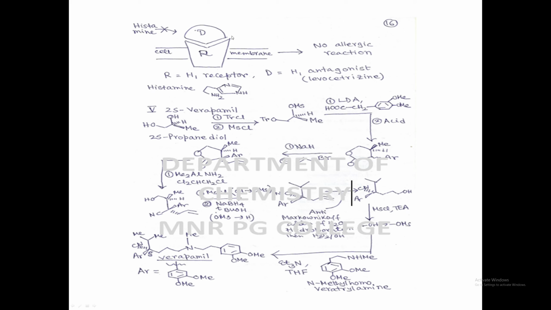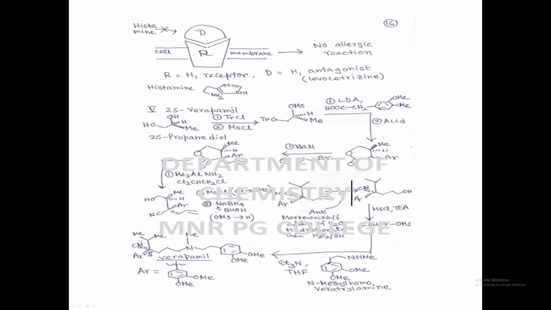Now when the doctor gives Levocetirizine, it interacts with the binding site of the H1 receptor which is present in the lungs. Because the binding site is already occupied by Levocetirizine, there is no scope for histamine. As a result, the allergic reaction does not occur. Now this is the structure of histamine. With this we have also finished Levocetirizine, the fourth chiral drug. Now we will switch over to the fifth chiral drug,